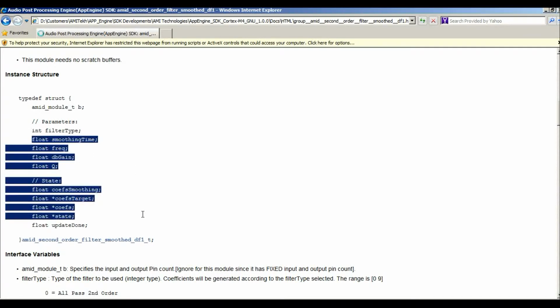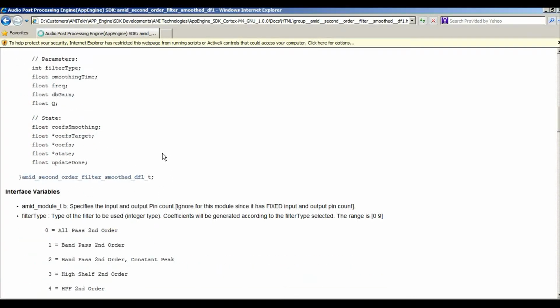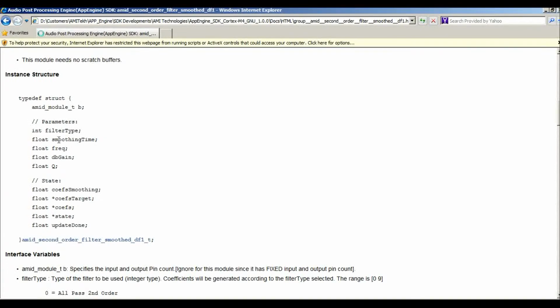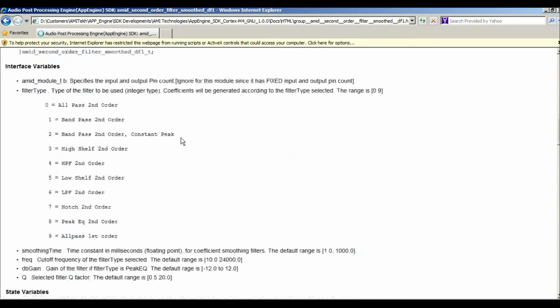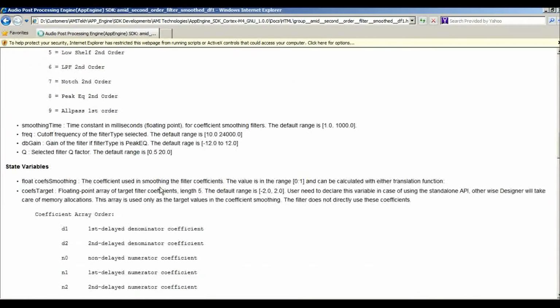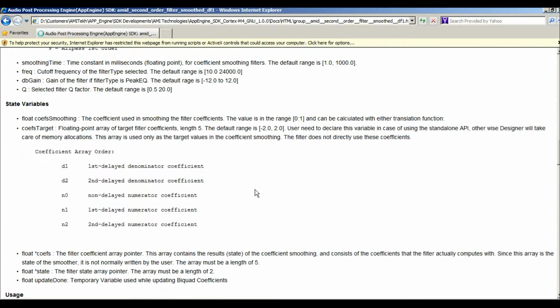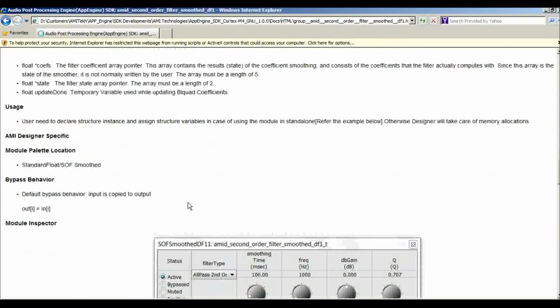So it also contains the detailed fields in the structure. You can see the filter type, smoothing time, frequency, gain and Q, and then also a whole bunch of the state variables. So we also document detail about each field. So filter type, you can make the second order filter as a high pass filter, low pass filter, shelving filter, notch or peak, and so on. So you can select that, and then it also talks about the detailed description about the state variables, and then